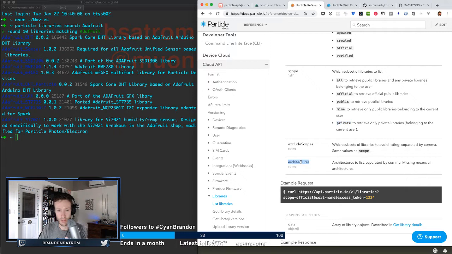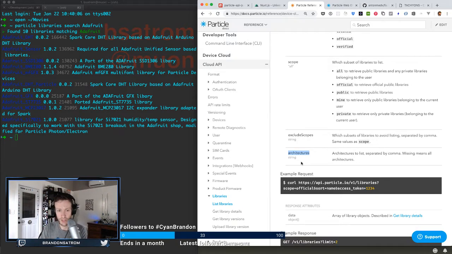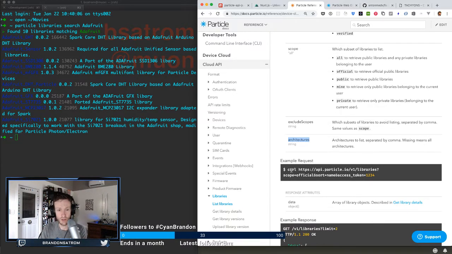You can actually also specify libraries that are only supported by a certain set of architectures, like only libraries that are on the Photon, or only libraries that are supported in the new 3rd gen mesh hardware as well. So again, a lot of options that you can get here. So I'm going to do a curl command, and let me type this out. Curl https api.particle.io